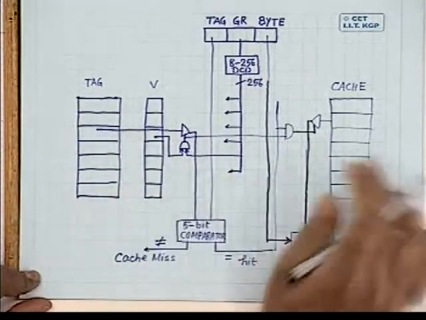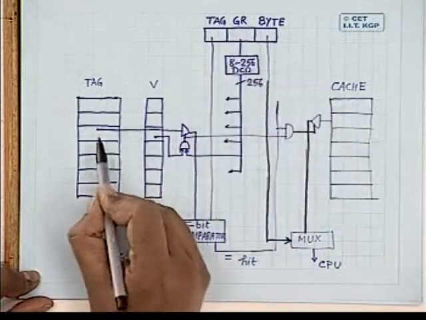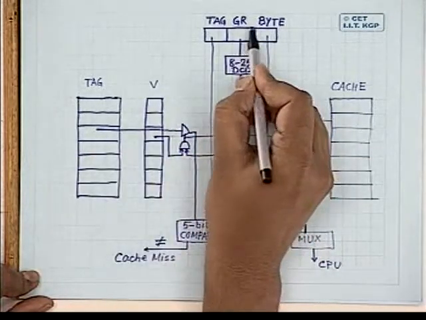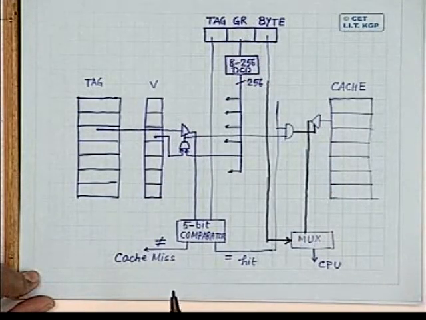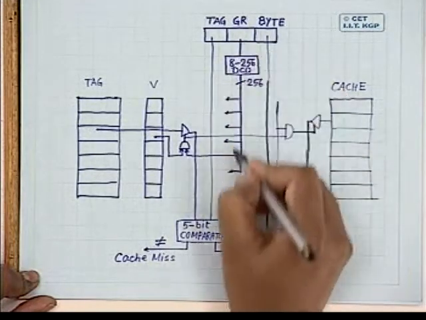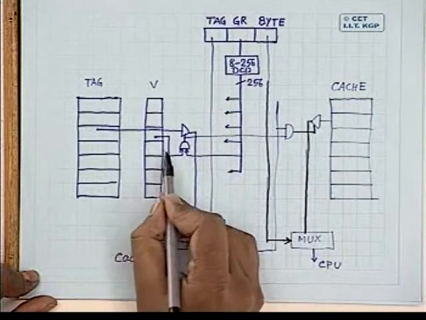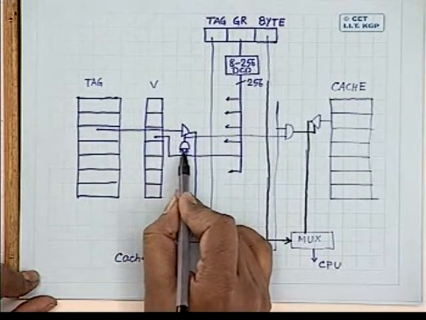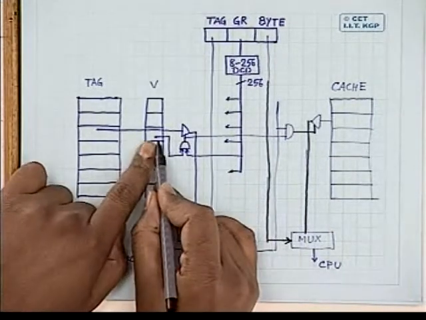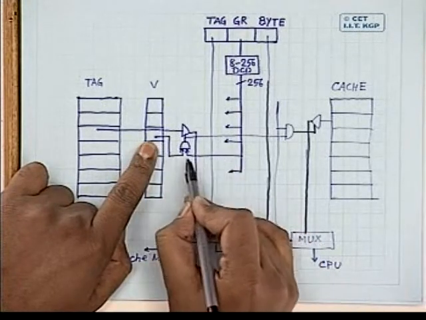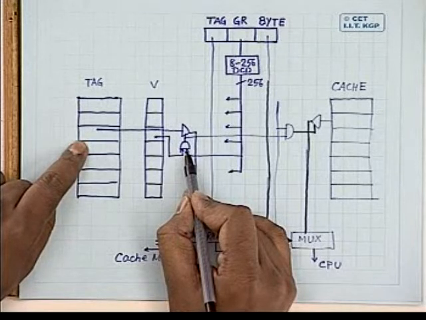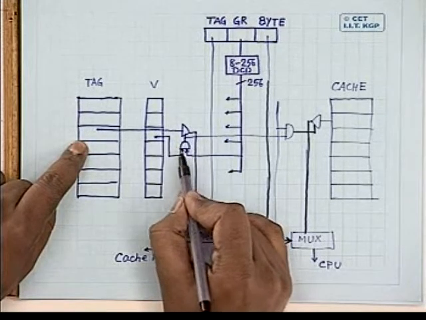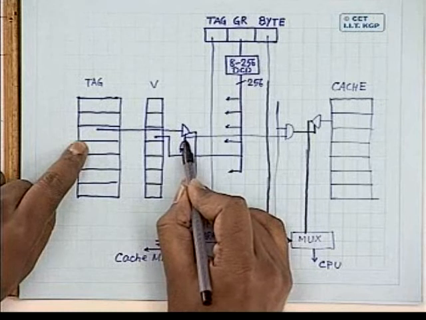Okay. So my logic is, if I find that I get a tag for which the group field is also matching, then I assume that the requested data or the requested block is available in the cache memory. So I make it an ANDing operation. The decoder output is ANDed with the corresponding valid bit. So if the valid bit is 1, and this decoder output is also 1, then only I go for checking the tag bit. So if these two outputs are 1, that means the AND gate output is also 1, then